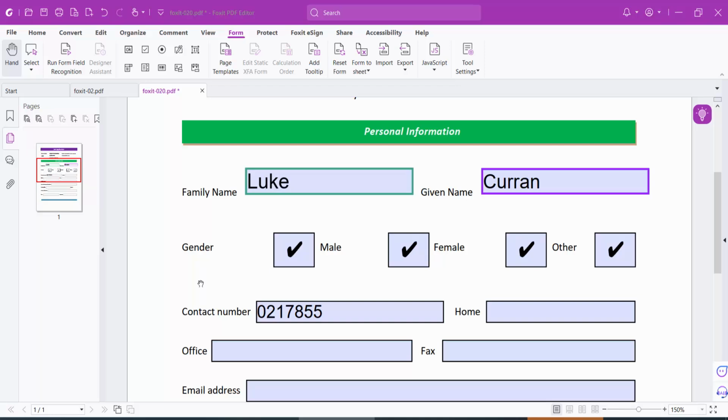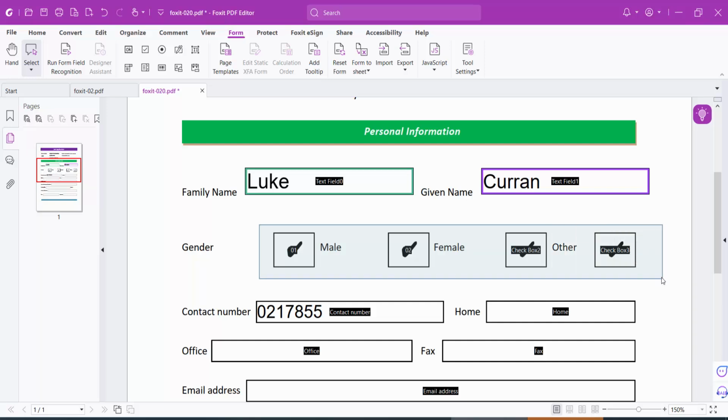Hello everyone, today I will show you how to make a checkbox read only, and also make it non-editable. See this checkbox is editable; I will make it read only. Now select the Form option in this menu bar, and here you will find the Select option and select Annotation